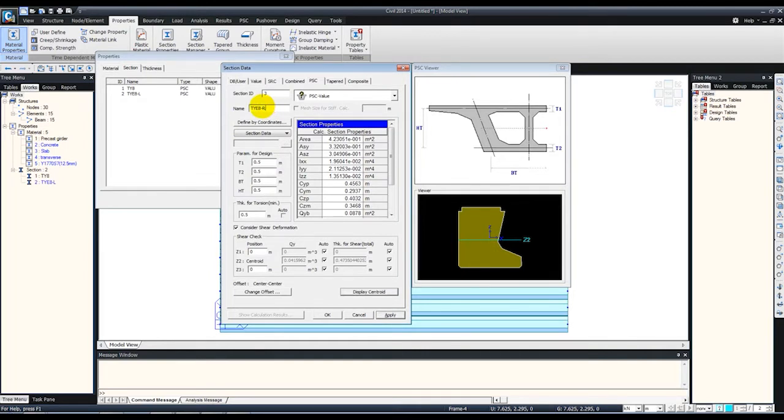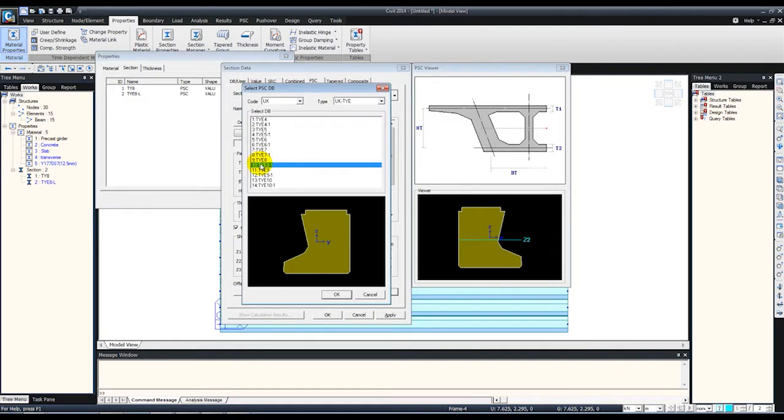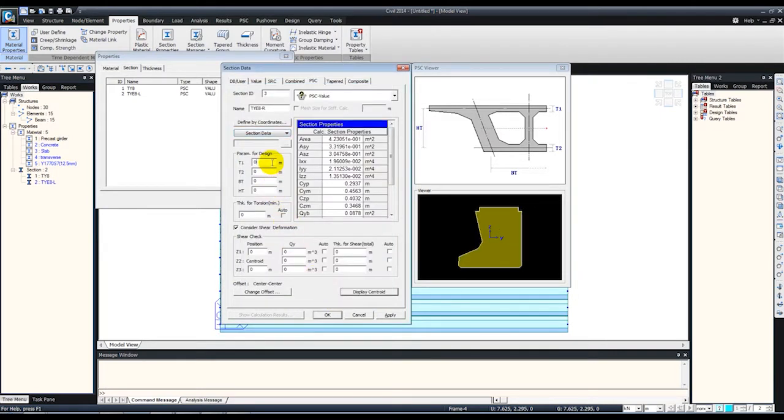Then the right side precast girder section, database TYE8 and -1. Click OK. Same procedure, just enter some arbitrary values and click auto generation over here